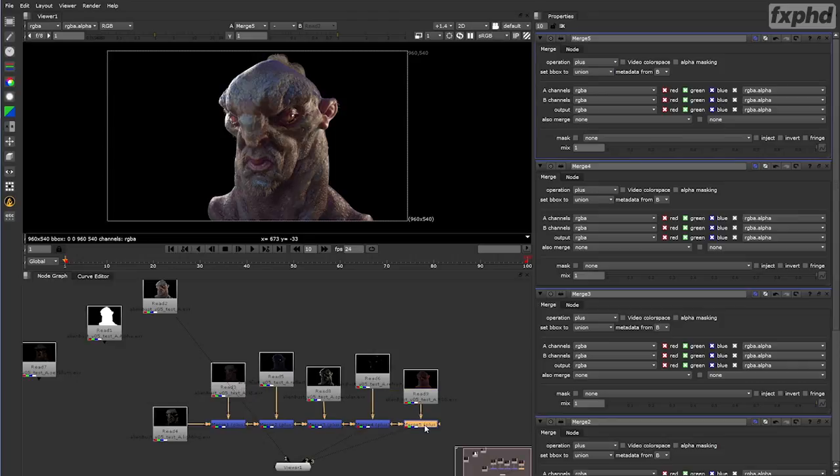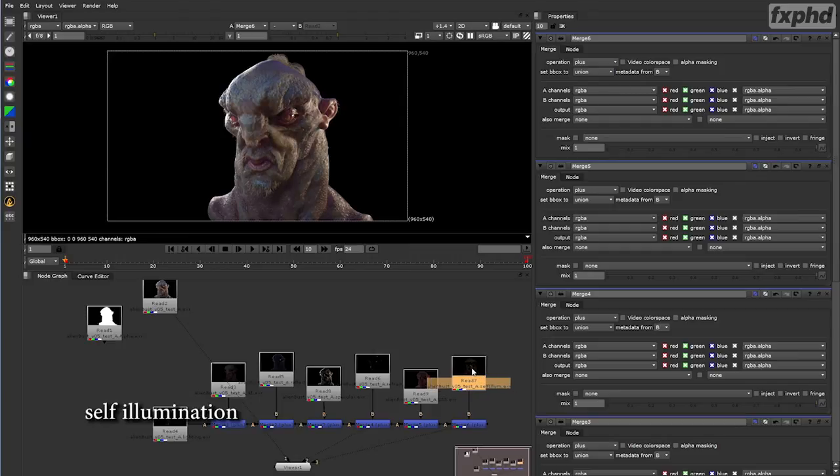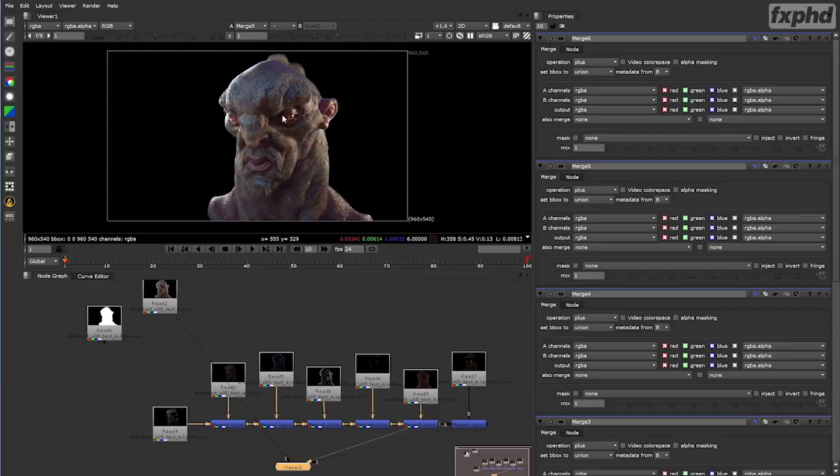Lastly, we're going to add our self-illumination pass. We'll go ahead and put our merge on. Make sure that operation is set to a plus for our merge. And that will be adding into our workflow here is the self-illumination. So here we go, before and after. And that self-illumination gives us that cool kind of look. We can use this in any greater detail or less detail that you see fit by just adjusting that channel,